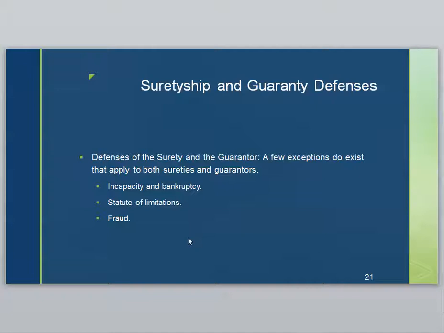So most of the time, almost always, our surety is just on the hook for the debt. But there have been times where there are valid defenses that have been raised. So some of those would include incapacity or bankruptcy, a statute of limitations issue that the debt is too old, or if there was fraud in the inducement or fraud in the actual instrument, then there could be a release of that surety or guarantor. So there are some more extreme ways that our surety or our guarantor can be held not liable to pay the debt, but they're usually in these areas of law.